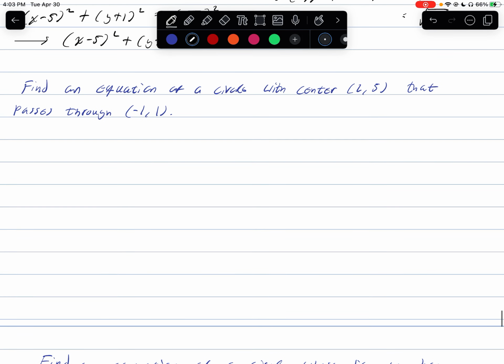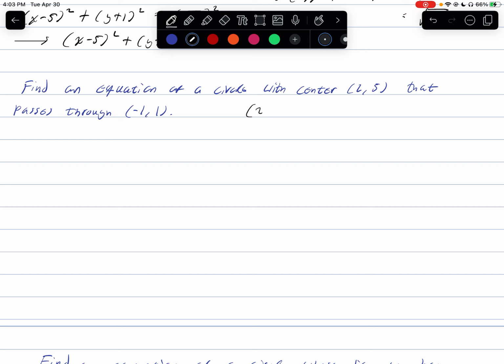Okay, well, how about this one? Here we want to find an equation of a circle that has the center at (2, 5) and passes through the point (-1, 1). Once again, if we have center (2, 5), that means the equation of our circle is going to be of the form